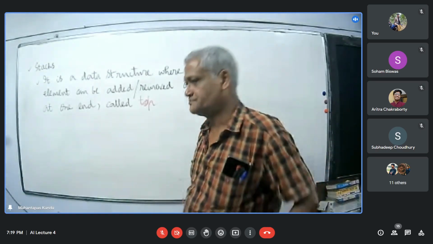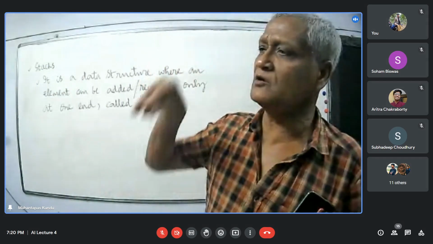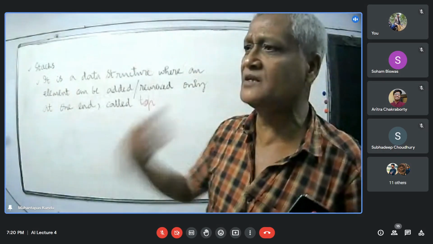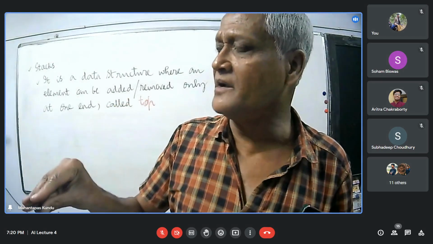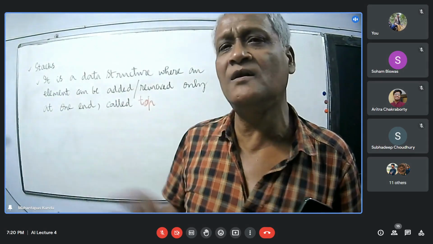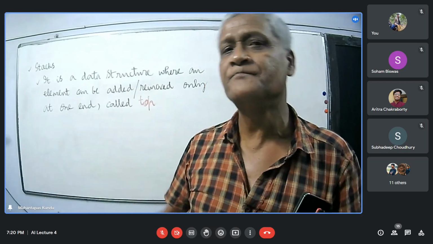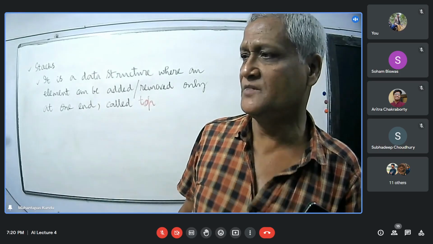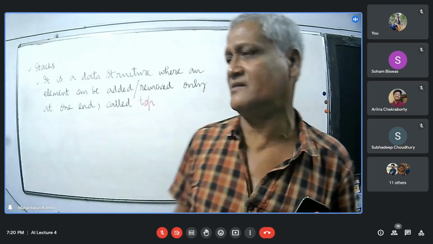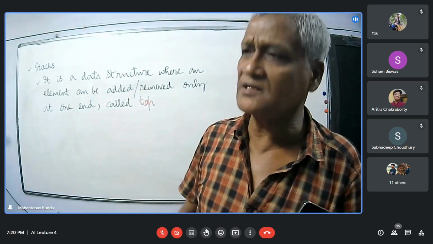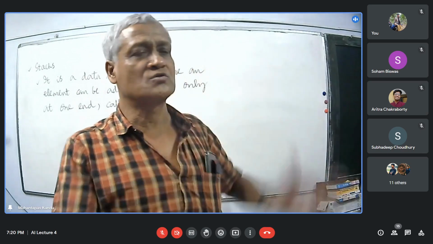But if we want to store the elements in a fashion so that only the element from one end can be stored or removed, in that case, we cannot do it directly with an array. And why is it necessary? Just think of a stack of books in a library.